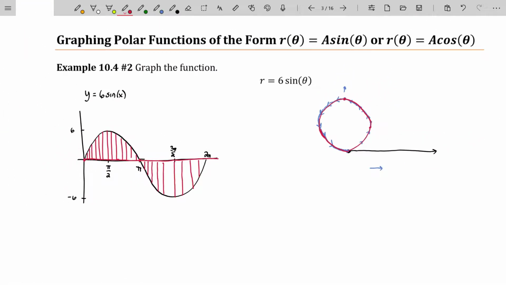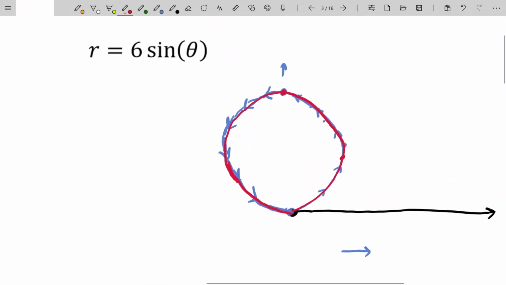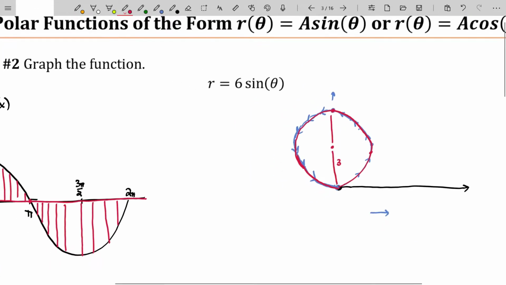All right, some things I want you to notice about this so we can start pattern recognition. This is a circle, actually. That is going to be a circle. And the radius of that circle, if this distance from bottom to top is 6, is a radius of 3. So this circle is what I would call a radius 3 circle. Or you could say a diameter 6. That's another way you could say it. Radius 3 circle. And I say on the positive